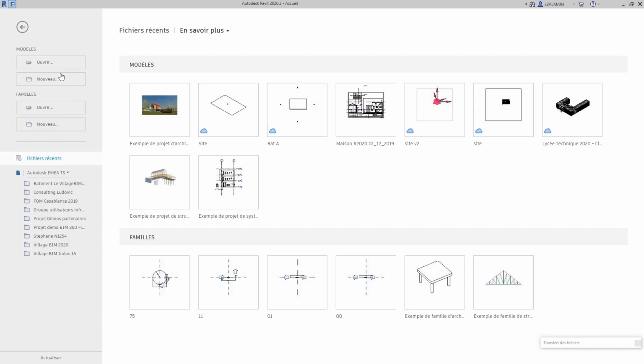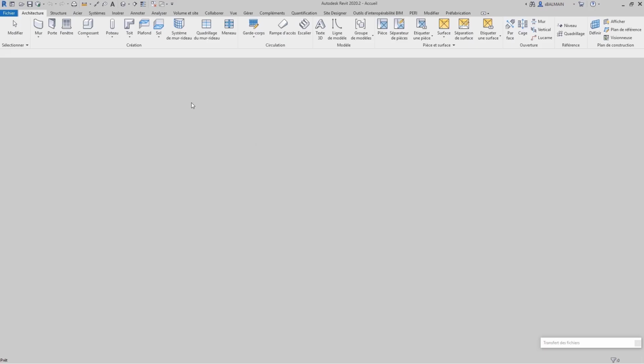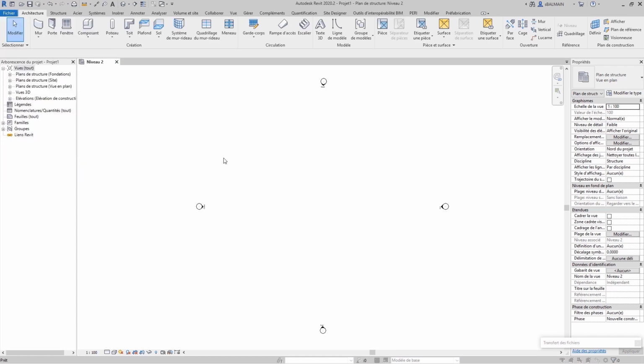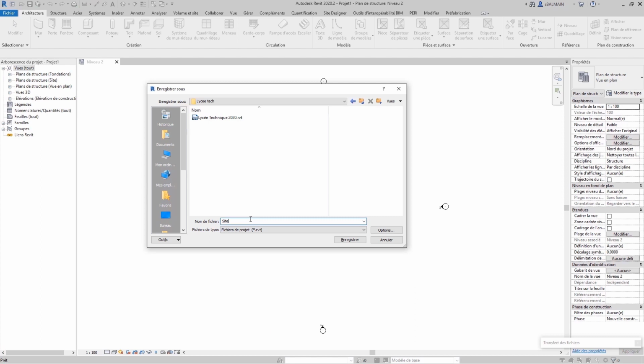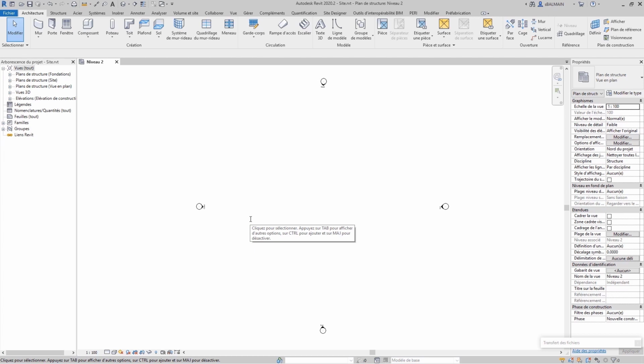At first I will start with my template for the site works. I will save it as a site file because it will be my site, so I call it site. As you know, when you insert a DWG in Revit, you insert according to a level.